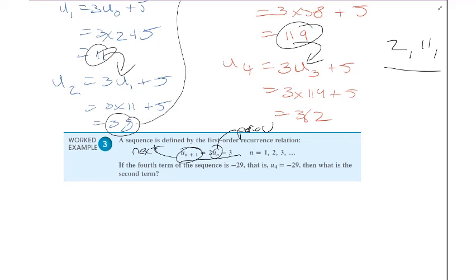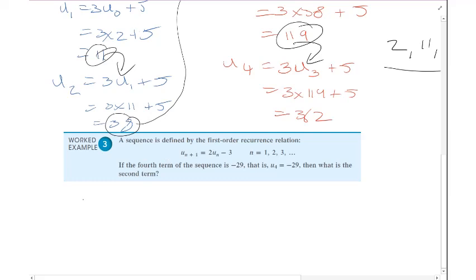Just give us a moment. Okay, so sorry about that. I'm just going to rub these out for a moment because I want to be able to write this equation properly. Okay,